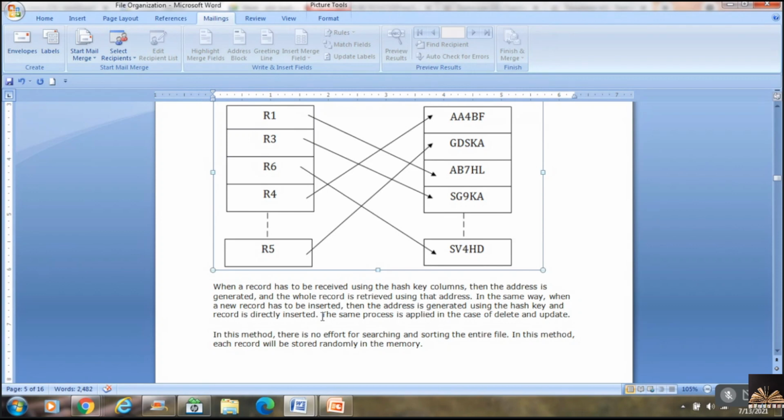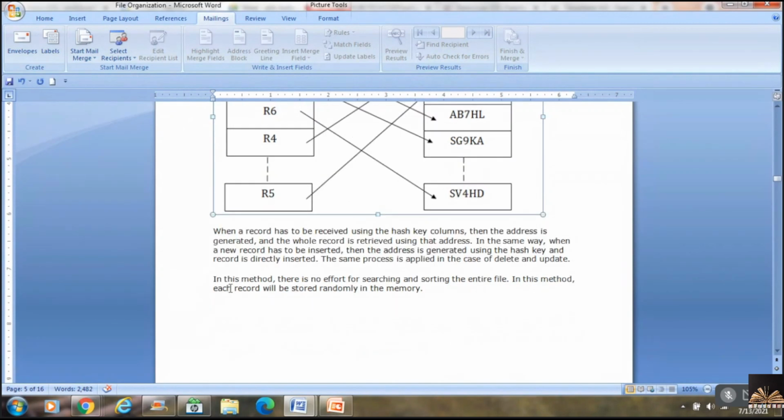If you use a hash function like mod 4 to insert the record into memory, then to search for, delete or update that record, you have to use the same hash function, or else it gives you a different address. Maybe a record might be found, but it is not necessarily the record you are actually looking for. That is the concept used in hashing.